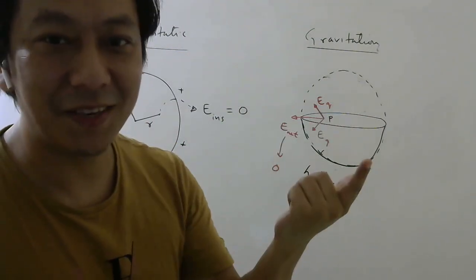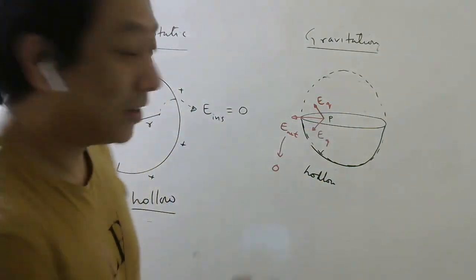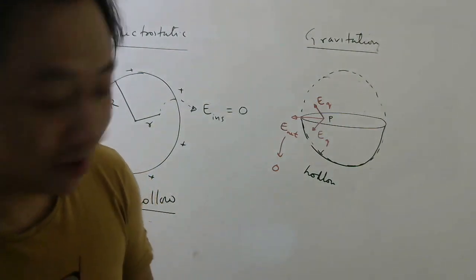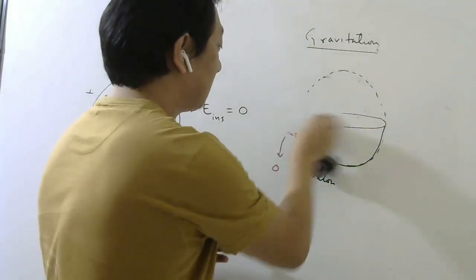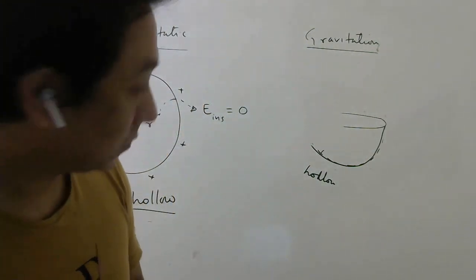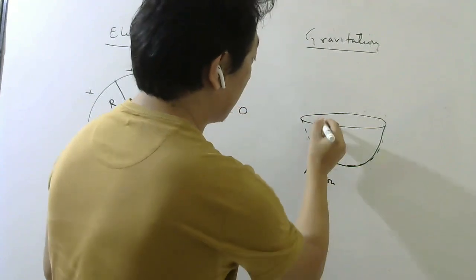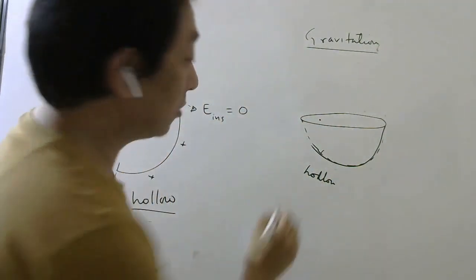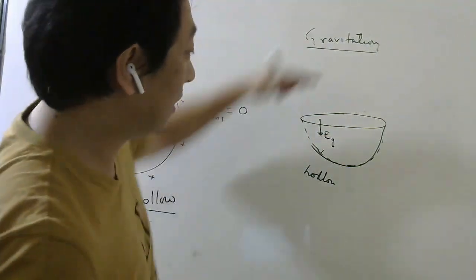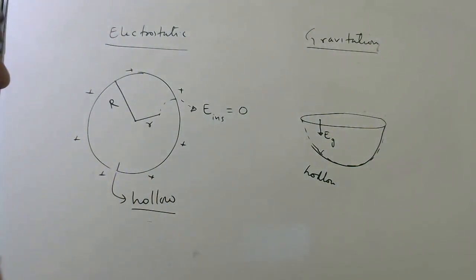At which point it doesn't matter. Inside it is 0. So since it is 0 inside, it is very clear that due to the lower half, it cannot be at some angle. So by symmetry, which way does it have to be? If I give you a hollow sphere, then the gravitational field at any point here should also be this way only, so that when you add the upper half, it will be this way. So the total will be 0. Okay, students? So be careful.